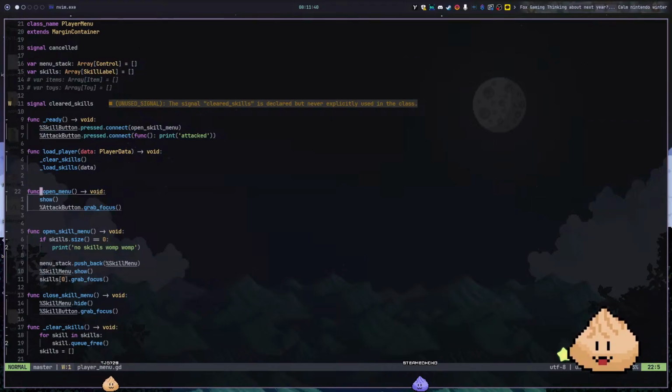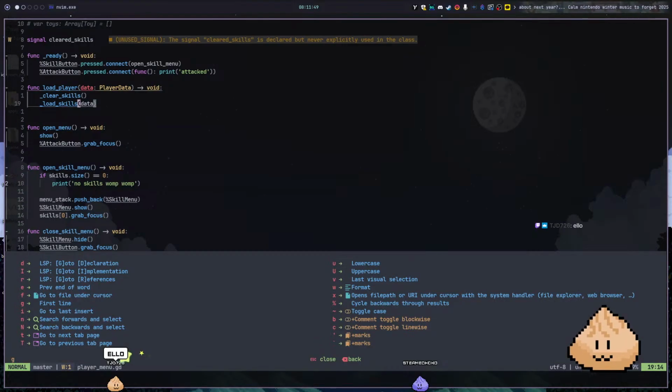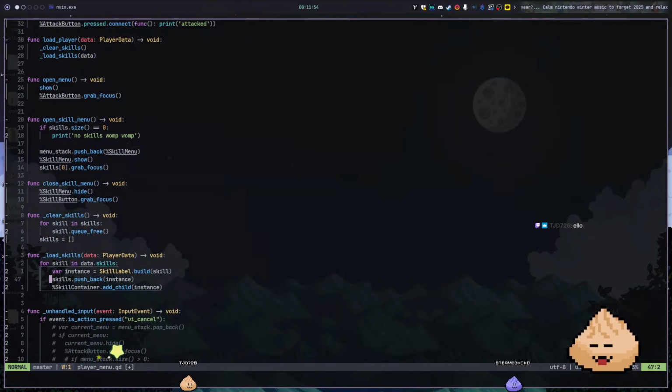I could probably pass that in, yeah. Skill, I can pass in the skills. So let's open the skill menu. Or when we load skills, we can go to, it's now a submenu, right? So